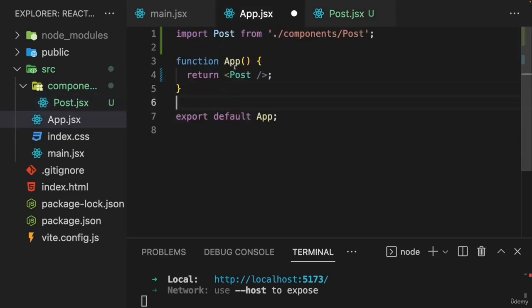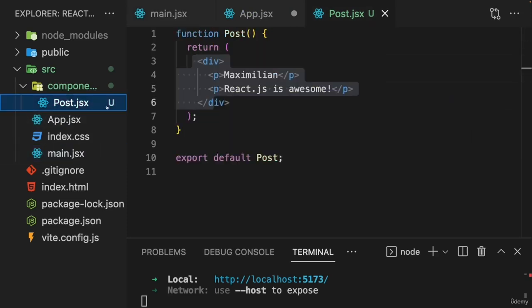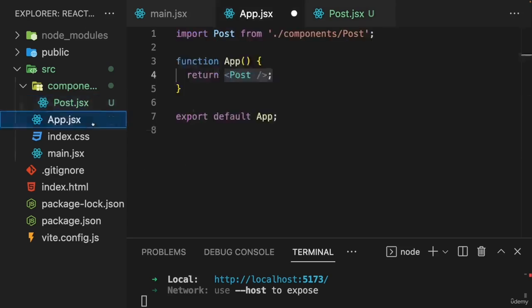Now, what's really important is that in the place where you use a component function in JSX code, like we're doing it here with post or in main.jsx with app, your component functions must start with an uppercase character. It's optional in the file where you define them, but there you typically also start their names with an uppercase character. But it's absolutely required in the places where you use your components. So in app.jsx, where I import post from the post.jsx file, this name here, post, must start with an uppercase